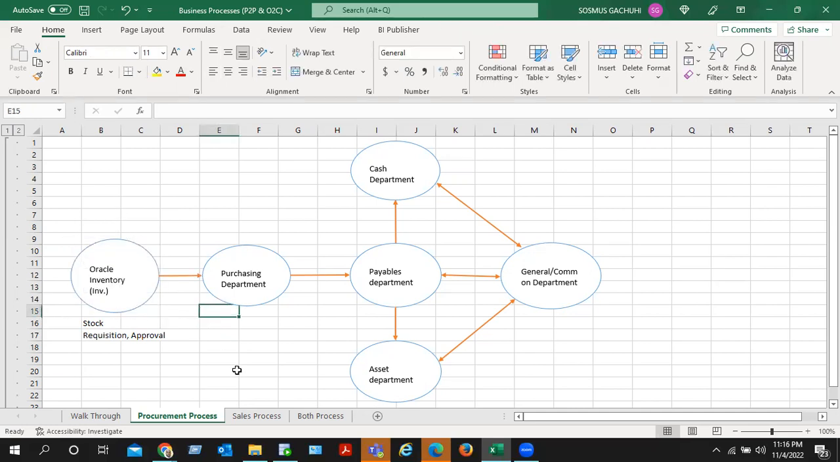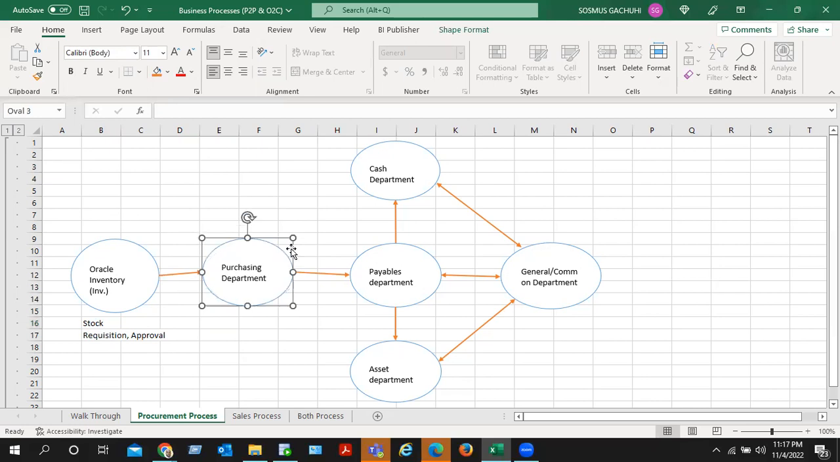Call it Oracle Inventory, INV. You should note that, because these are all what we'll be learning about: how stock is maintained, requisition is done, and approval. All this is what we'll be looking at in depth when we get into the application. Apart from that, the next application or stage is